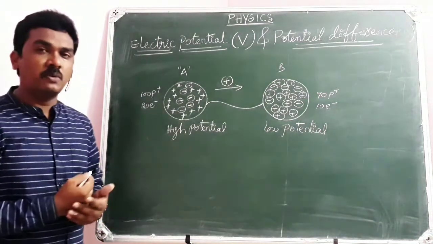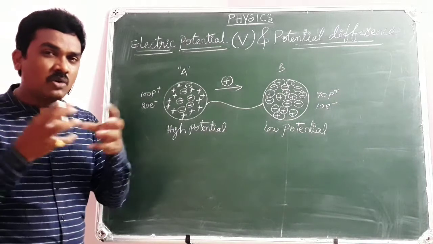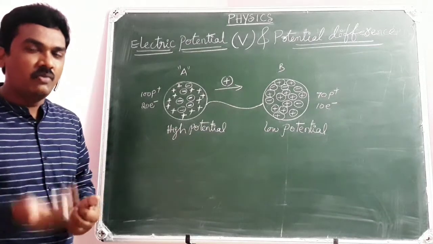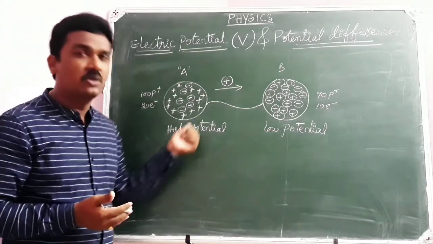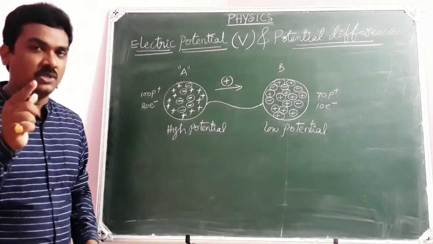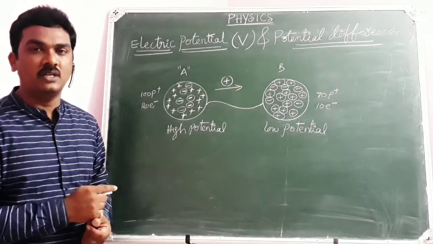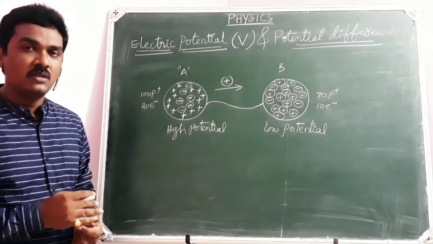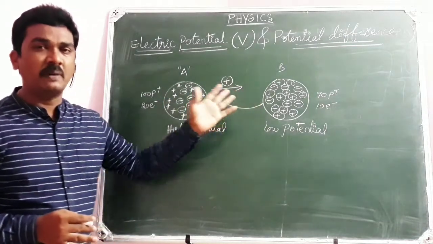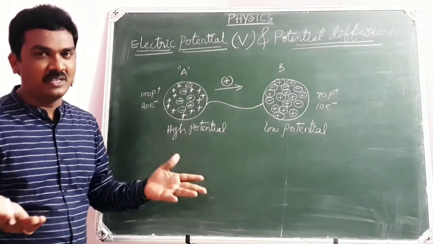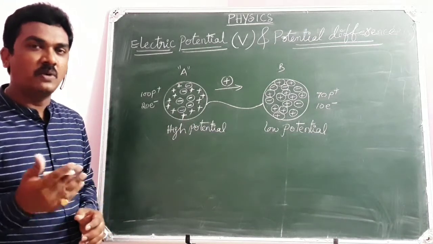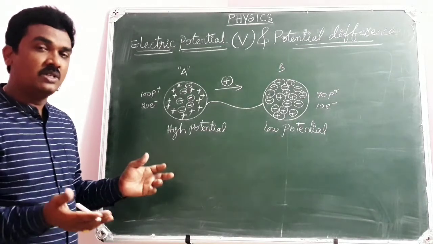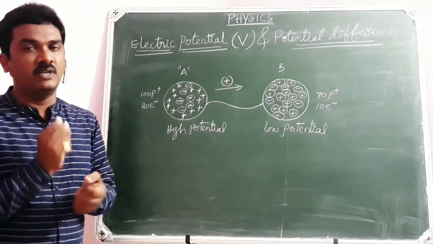But basically, positively charged particles are protons, which are bound to the nucleus very strongly. So this does not exist practically. Theoretically we can say charge flows from high potential to low potential. Charge means positive charge because the default charge in electricity is positive. Conventional charge is positive charge. That's why charge is positive, flowing from high potential to low potential. But this is a paradoxical statement. It appears to exist but does not exist, because positively charged protons are bound by the nuclear forces, which are very strong.